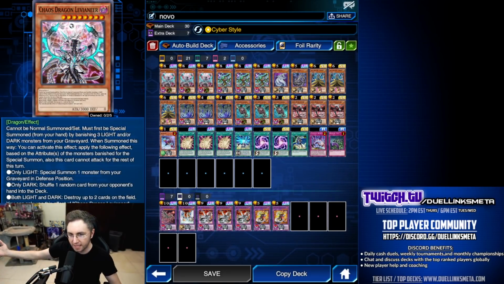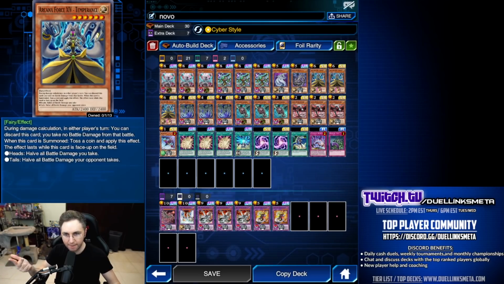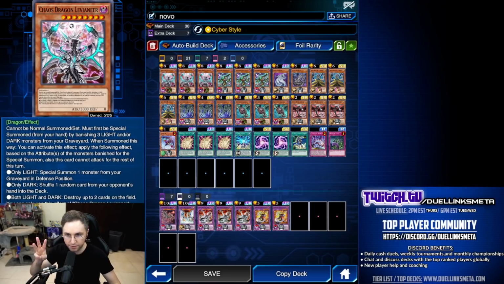Now, what is up with the Leveneer? Leveneer is great because if you banish the light monsters, which are the Core, Cyberdragon, Temperance, and combo it up with a Dark monster, banish 3 light and/or darks, you will then get to summon it, destroy 2 cards on the field without targeting, which will make room for you to follow up